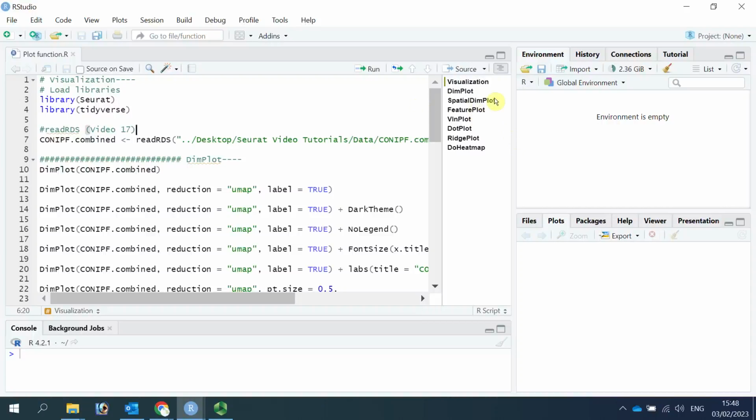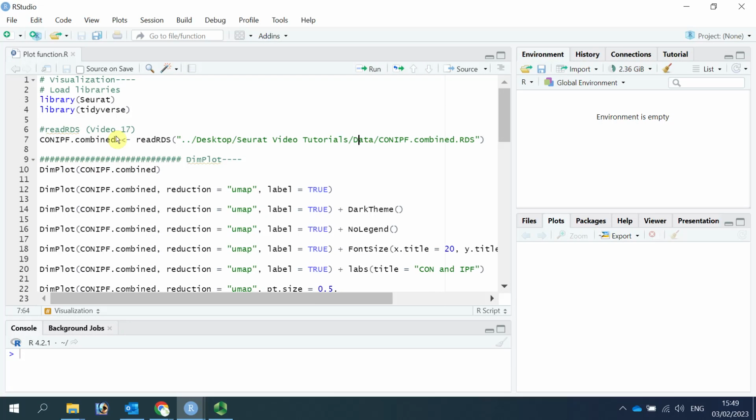Today I'm going to go over DimPlot, FeaturePlot, VlnPlot, DotPlot, RidgePlot, and DoHeatmap functions to show you these functions in more detail. Then you can generate beautiful images.